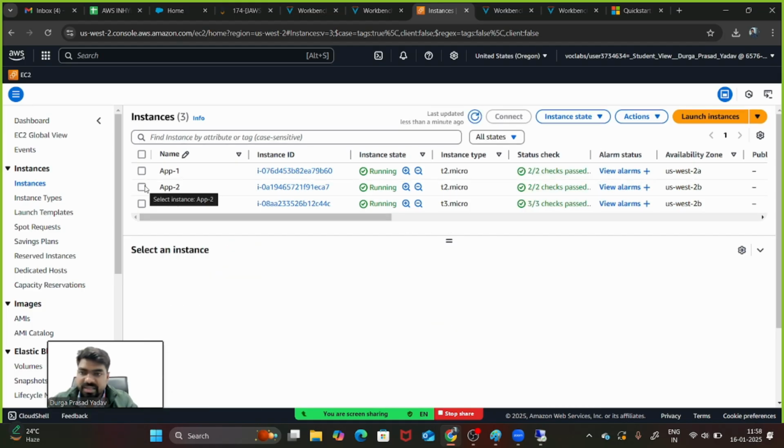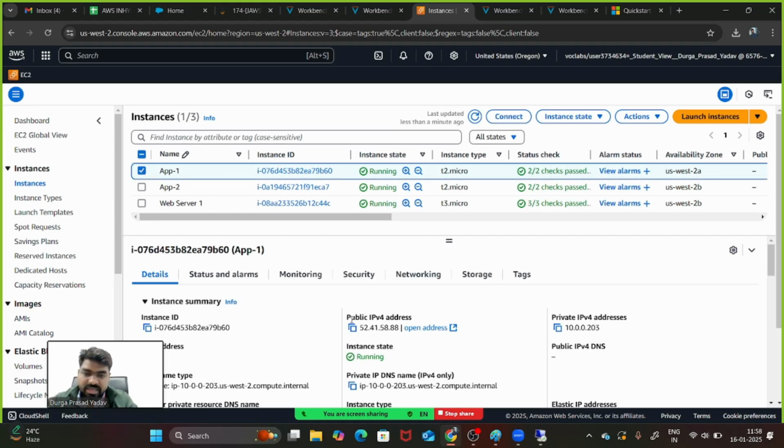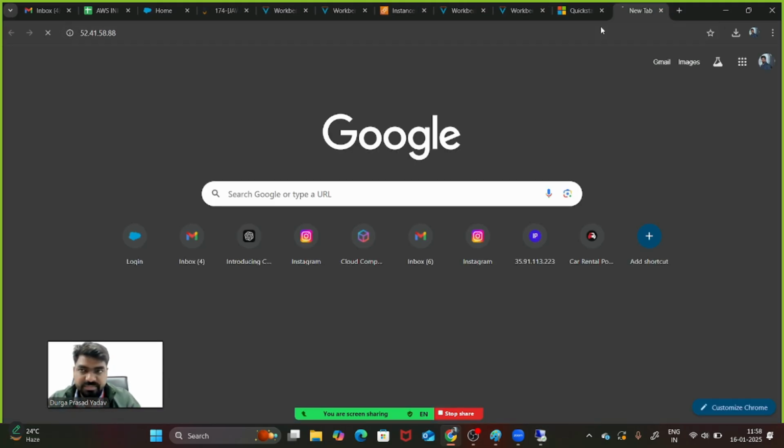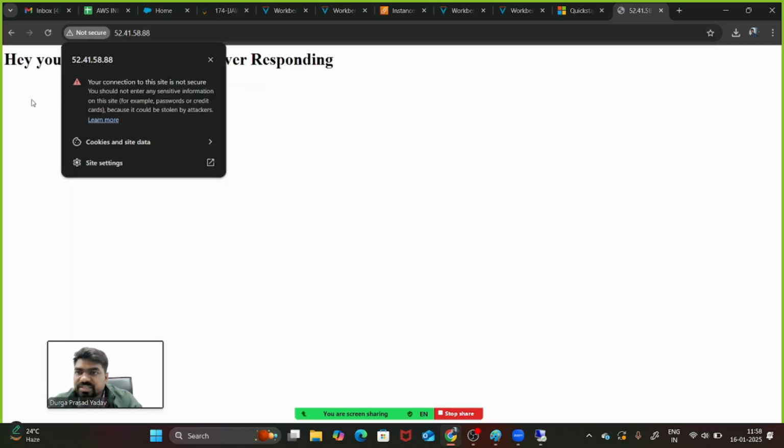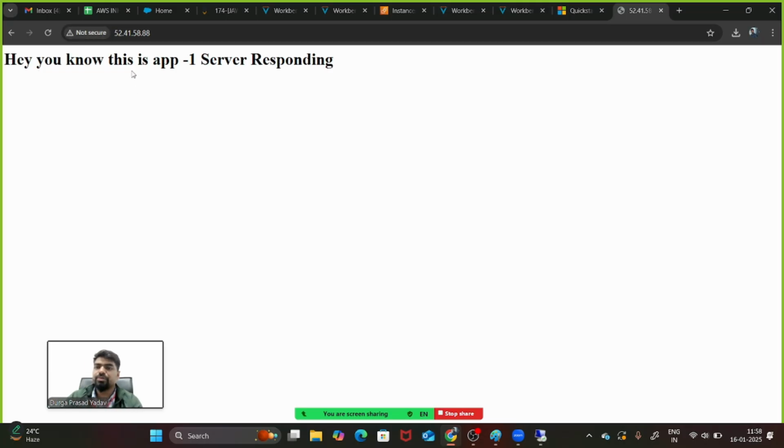If you select application 1, you will get a public IP address. You can check whether server 1 is responding or not. Sorry. It is responding, guys. As you can see, this is app1 server responding, right?